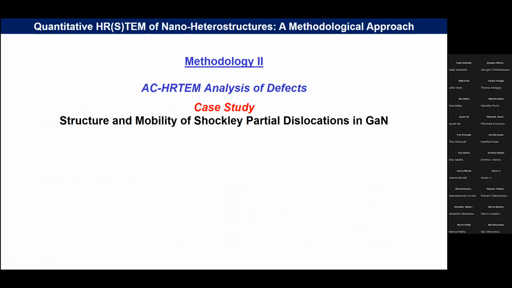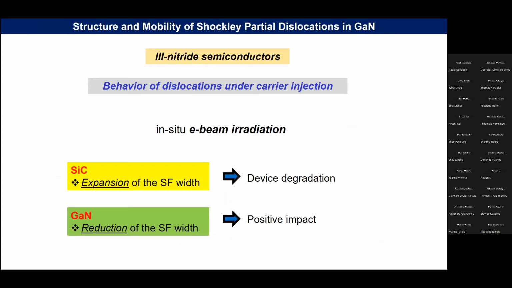And now we move to the second part, the second case study, which refers to the structural mobility of Shockley partial dislocations in gallium nitride. This work refers to high resolution TEM imaging and not high resolution STEM imaging. In this case, we have a brief introduction about this work. We tried to see the behavior of dislocations under carrier injection. In situ beam irradiation is a possible way to see